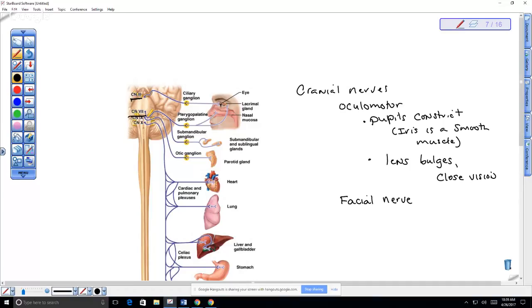So if we look at what it is innervating, for example, it's the lacrimal gland, right? And so it causes tearing, so it helps to produce tears that lubricate the eye. But it also innervates if you notice right here, this branch right here, it also innervates the salivary glands. So the facial nerve innervates the lacrimal, so this is tears, and also the submandibular salivary glands.